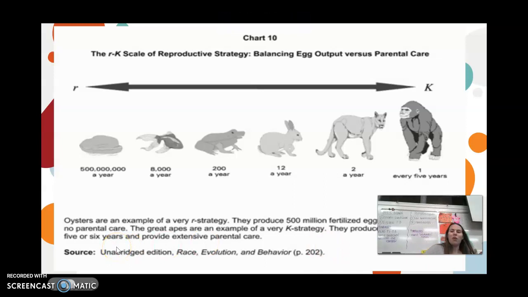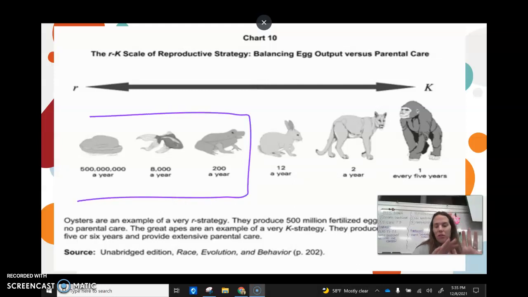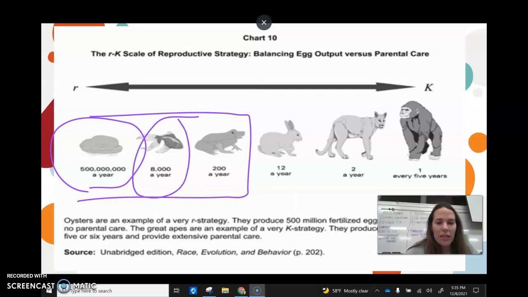All right, so we were talking about R versus K selected. So it is a spectrum. These guys fall more on the R selected side, okay? Meaning some are definitely more R selected, like again, this oyster, even this fish are pretty R selected. Now, the frog, or toad, it probably also has some R-selected tendencies, like 200 offspring a year.